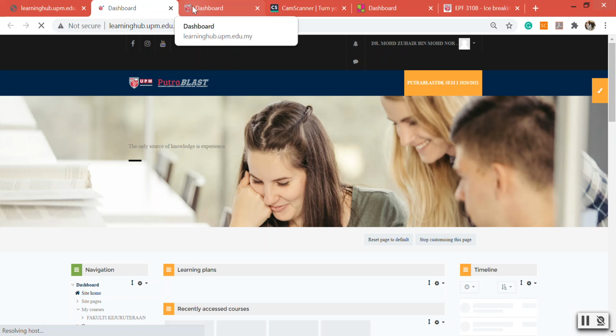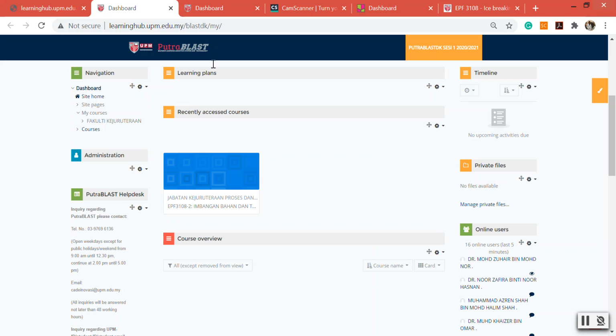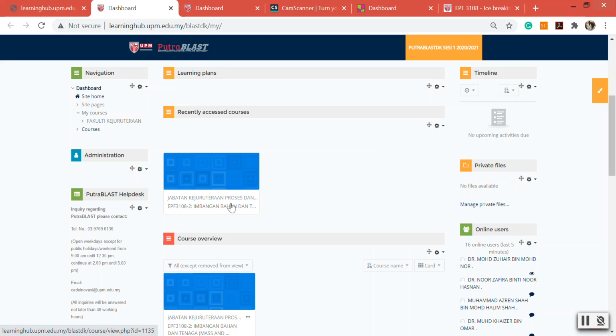Choose on campus, and then you have to fill in your ID as well as your password before you get something like this, and then choose this course, which is EPF3108. You might have a few boxes here according to how many subjects you are taking this semester, but for this course, just click